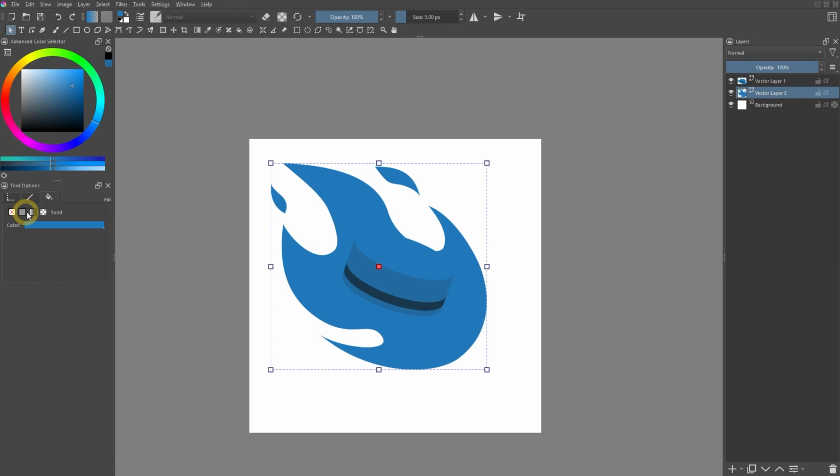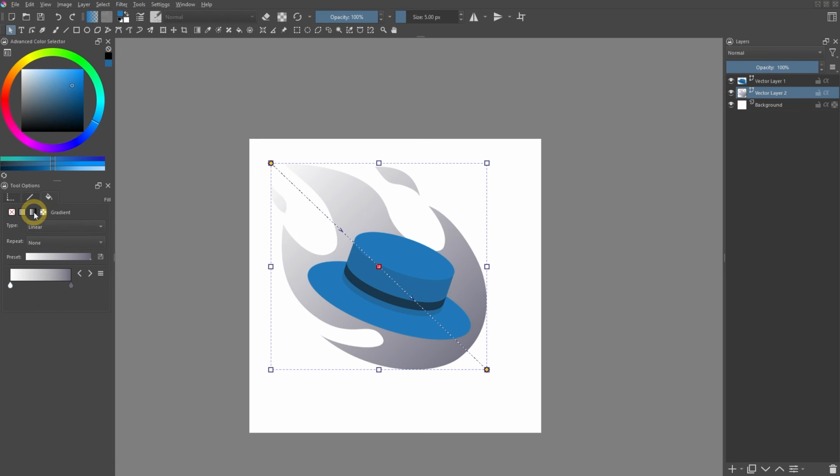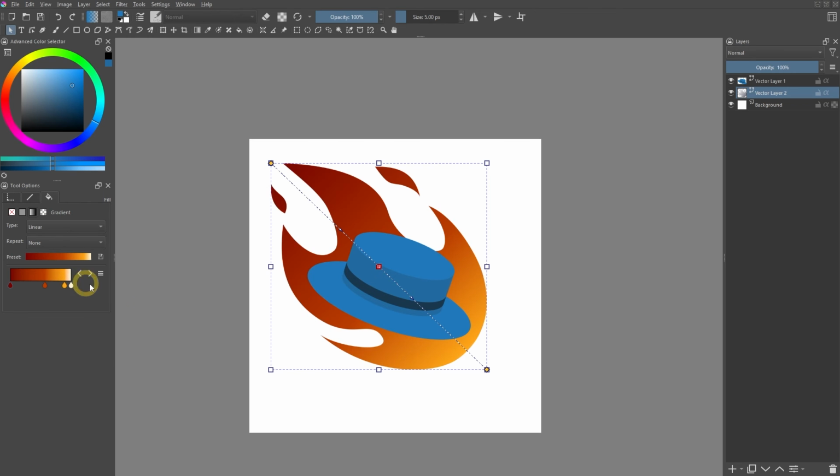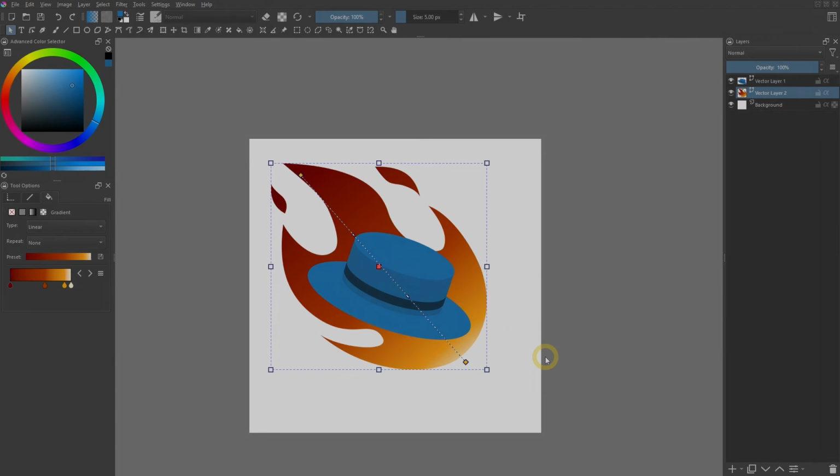But for now, I want to use a gradient. It will be too long to discuss the gradient settings in this video. So let's just use a gradient preset that is already provided by Krita. Find the one that looks like fire. This actually already looks good without the need for us to tweak it again. However, if you still want to adjust the orientation or the distribution of the colors, you can drag the yellow control points. Just tweak them until you are happy with the gradient condition.